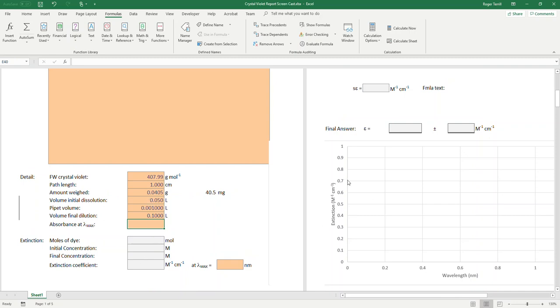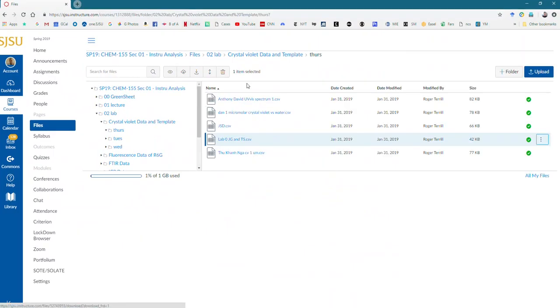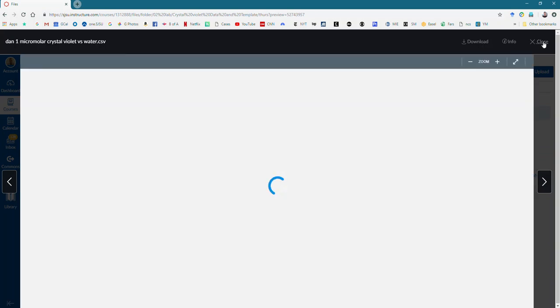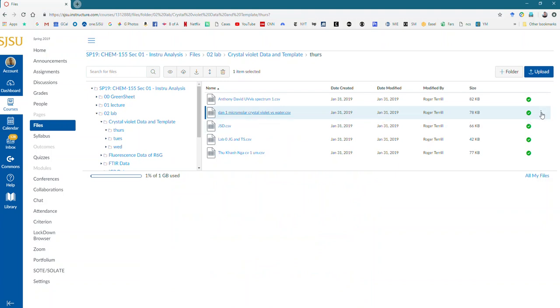Now, in order to get the spectrum in here, we're going to have to go to Canvas. We're going to have to go to Files, and then Lab, and then Crystal Violet Data. And for example, we can get the Thursday data here from Dan. This is just going to show us the file. What we actually want to do is come over here, say download,